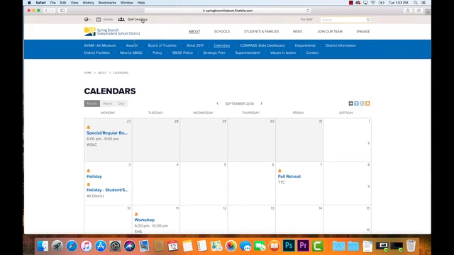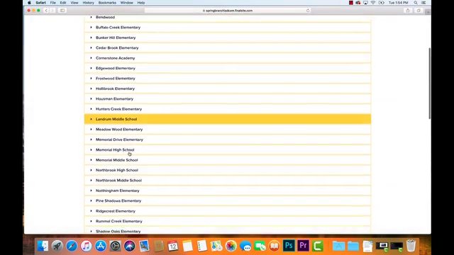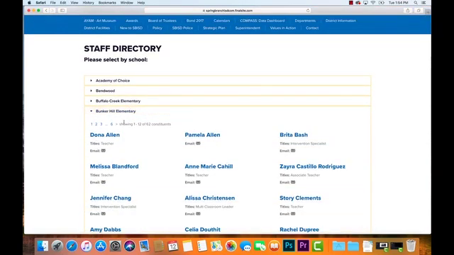We also have a new feature that's called Staff Directory. And when you open the Staff Directory, you're going to get a listing by campus. And here we have our campus listing in convenient drop-down menus. You can go and select your school, and then you can go and browse for your teacher that you would like to contact. You can either click on their name or the email icon, and that will connect you via